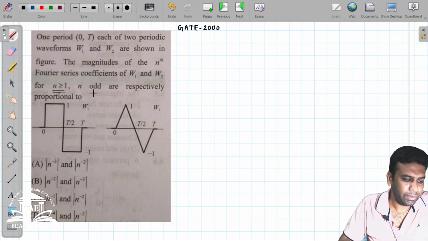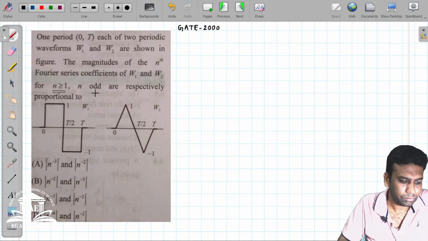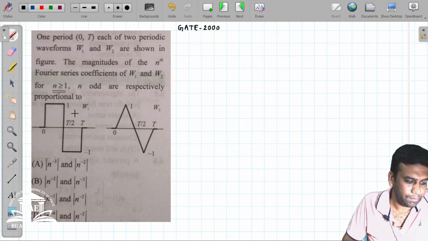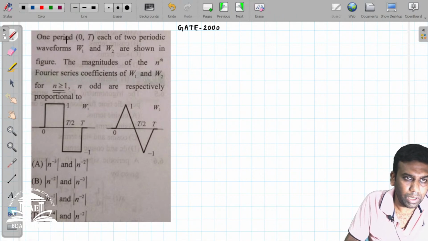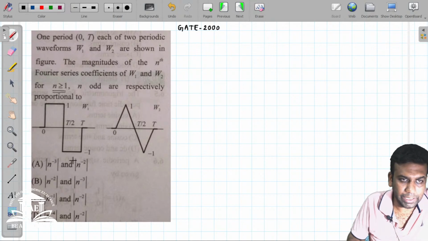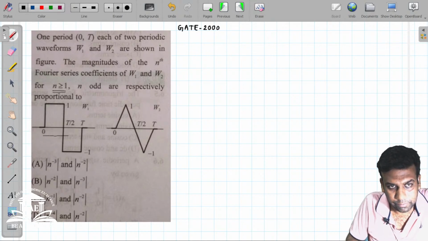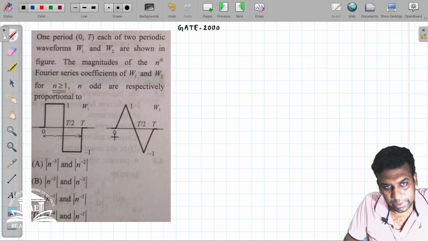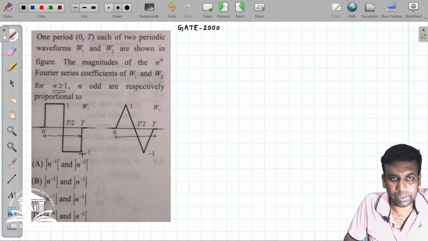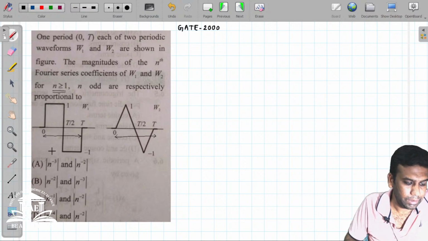So now if you look at the question, so let us find the question. Now in this question you can see that one period of 0 to T, that means this is one period first of all. Similarly, there is another period of the other signal. So this is another one period of the W2 signal. Now we have to find that